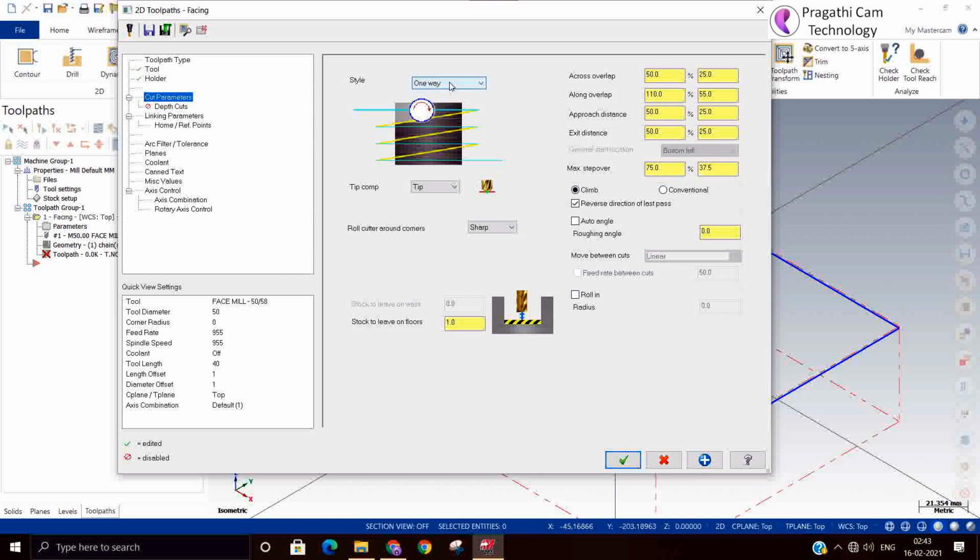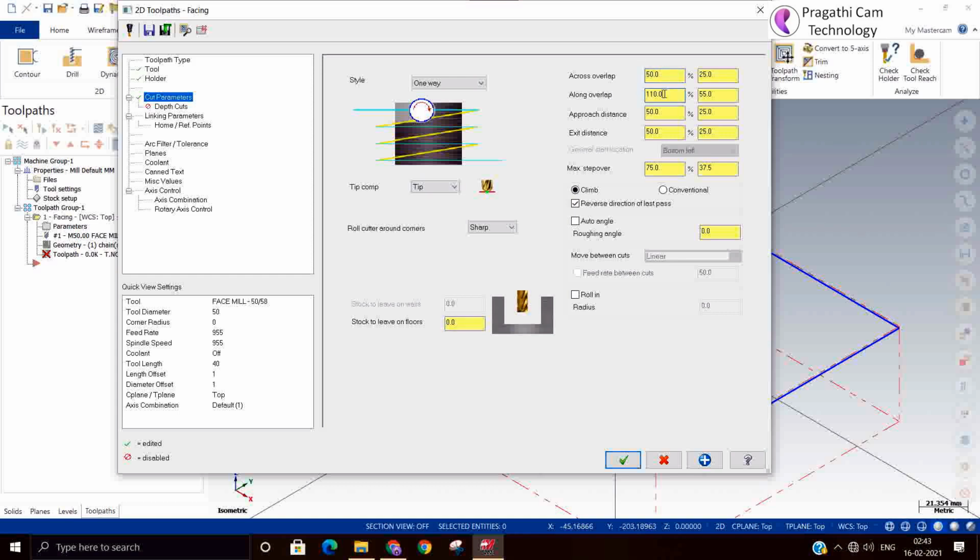I have taken one way as the default, so it will cut in only one direction. For compensation type, always keep tip, roll around the corner, so always keep a sharp corner. If you want to keep some material, then you can keep it; otherwise, make it 0.